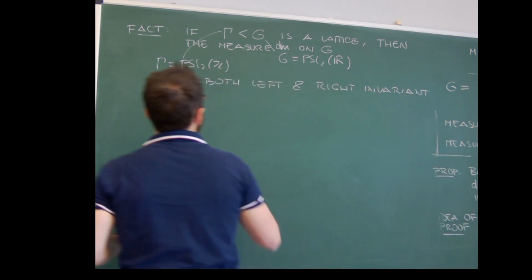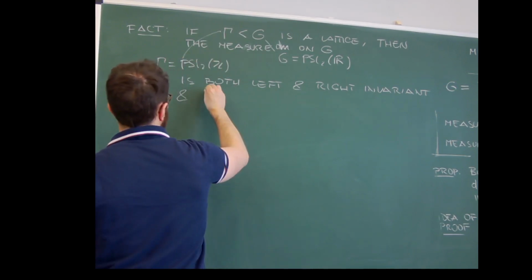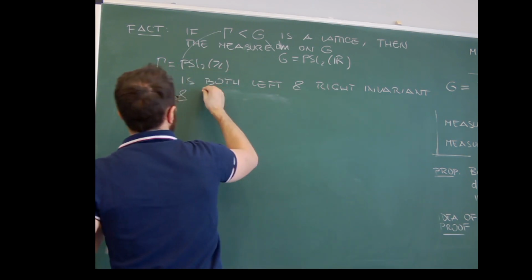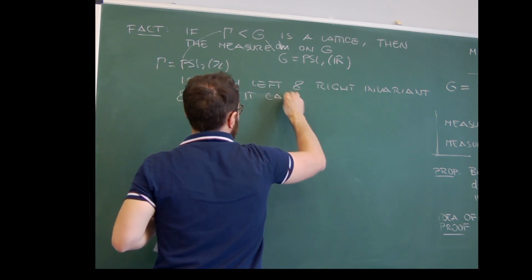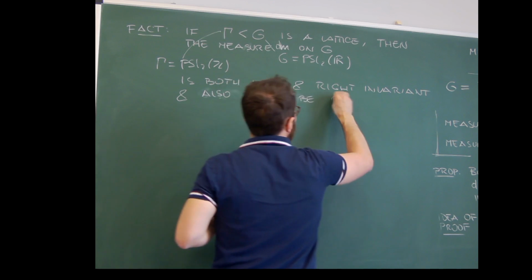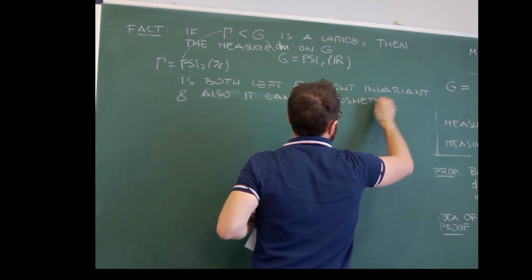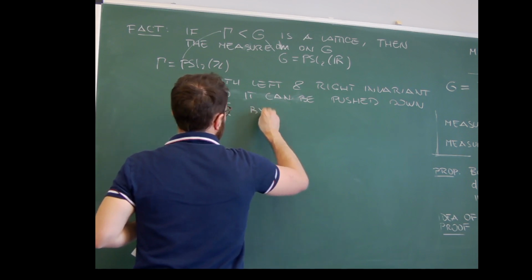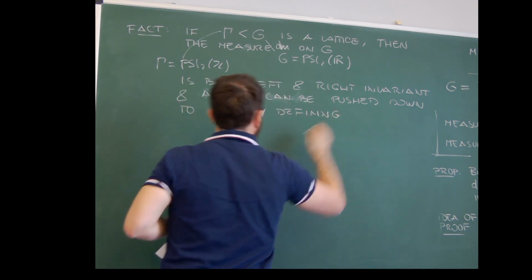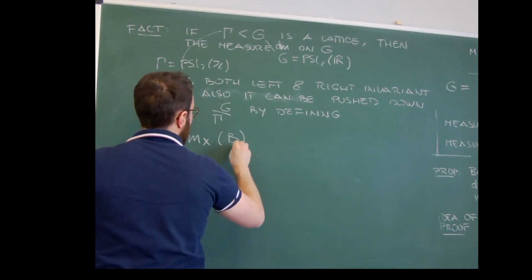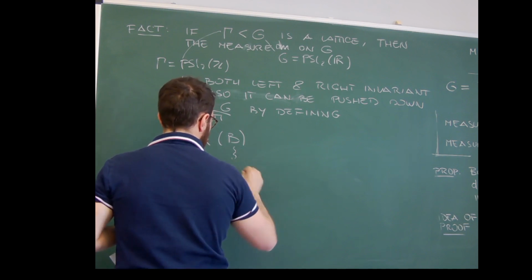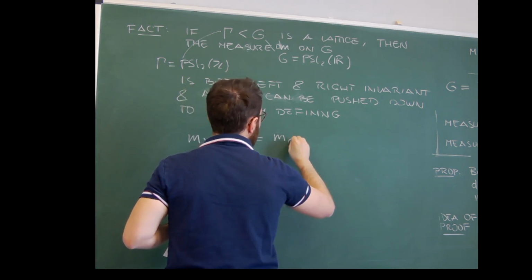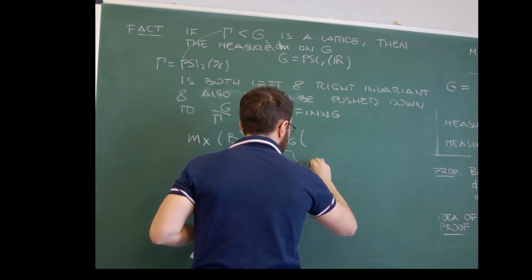Left and right invariant, and therefore, okay, maybe let's say, it can also be pushed down to G mod gamma by defining m_x of B, where B is just any measurable set in G mod gamma, equals the measure in G. Okay, so this is our hyperbolic area, so hyperbolic